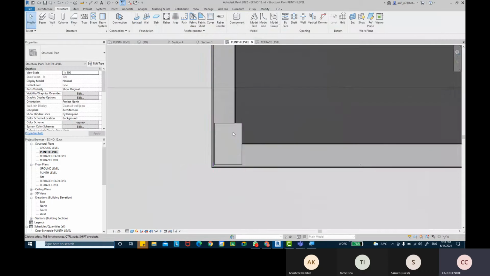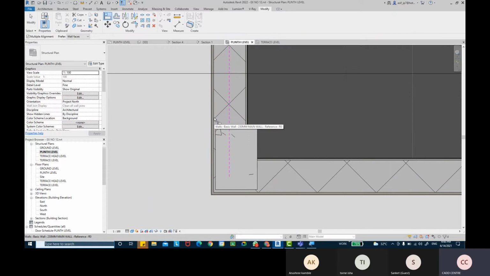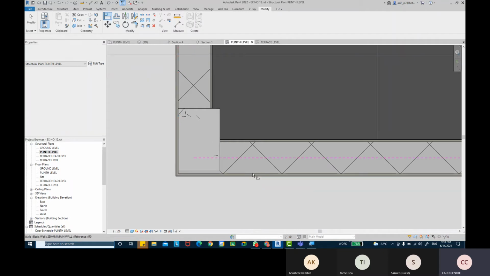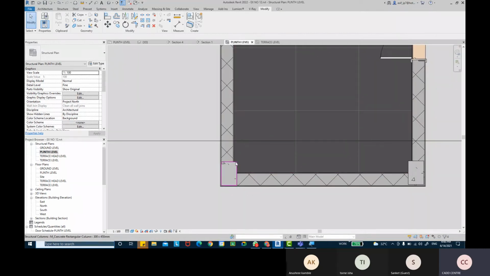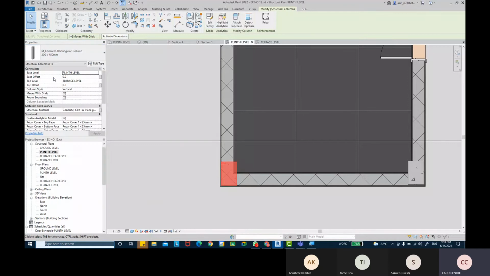Okay, now if you want to align these columns, we can take the modify tool, take the align command and align it with this core boundary line and this line, and you can lock it as well. Core to core. You can change the size of these columns later on if you want a different size.